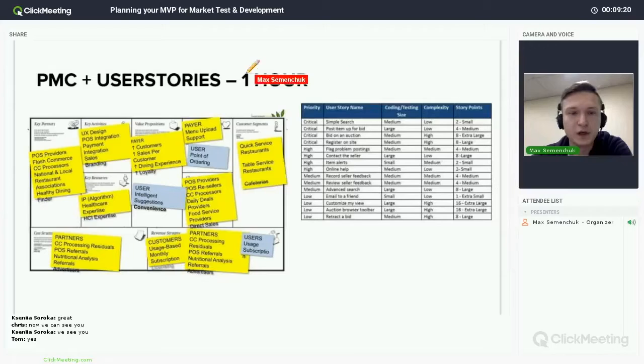The product model canvas and user stories is something you could do in an hour. Basically, it's an already pre-filled view, right? So we have a canvas where we describe how the product should work, how we get profit from it, what expenditures we have, who our customer segments are, what problem we're solving. We'll get to that a bit later. In comparison to other ways to describe your product, it can usually be done in 1 hour. Mastering it can take more significant time if you want to go to the customers, if you want to test it. But the first version is usually done under an hour.